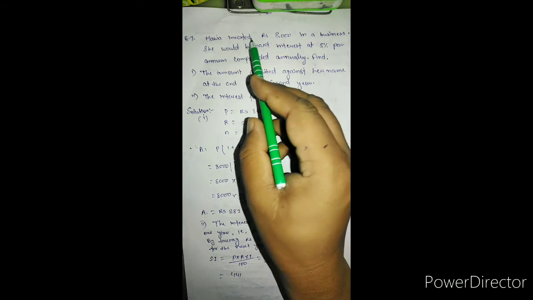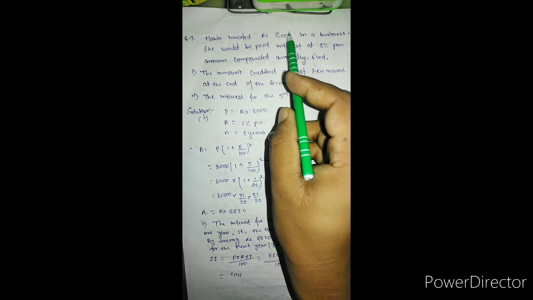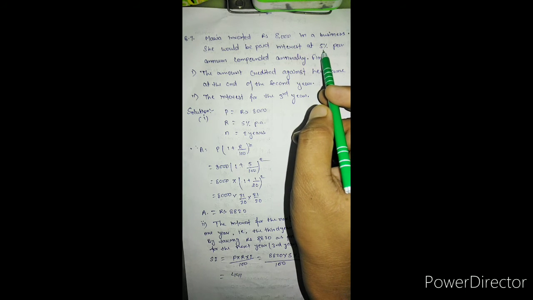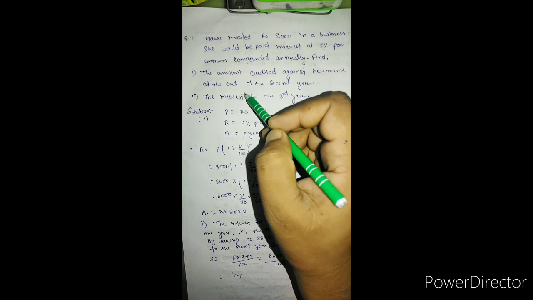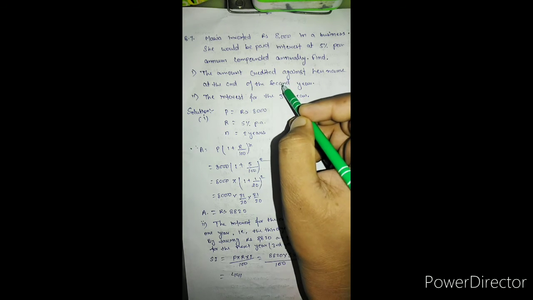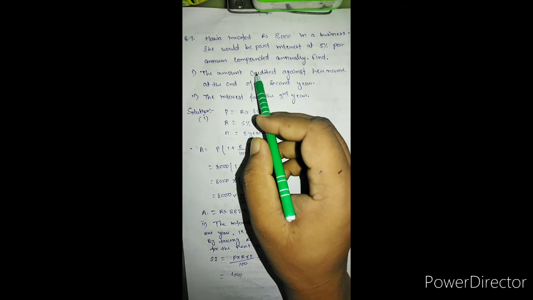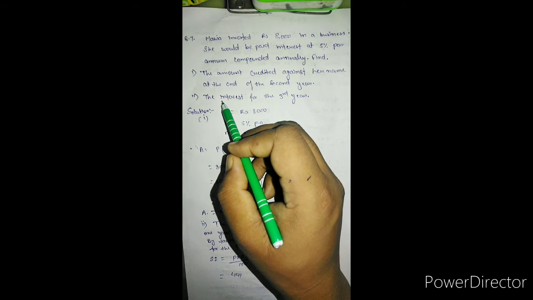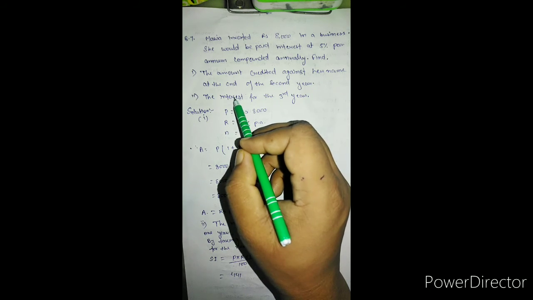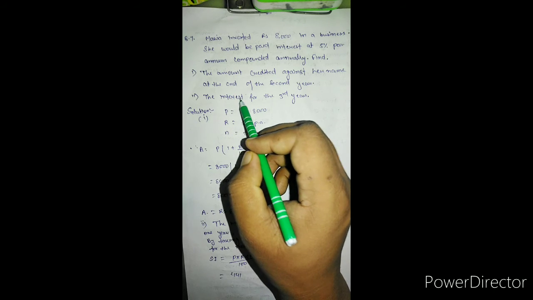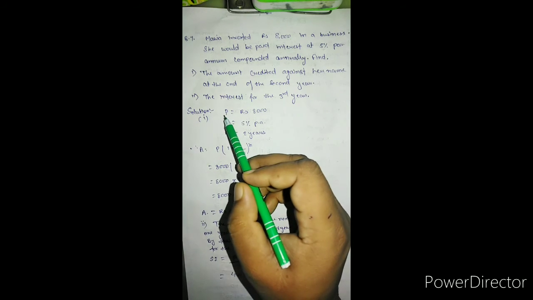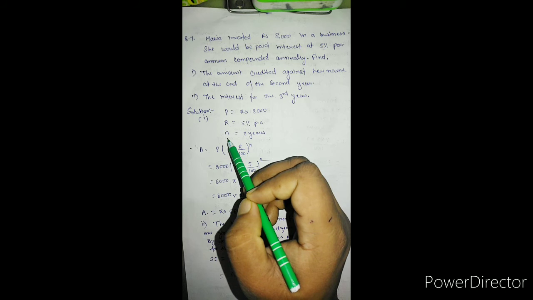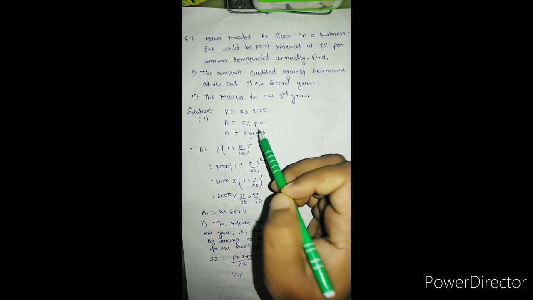Now look what is given here. The principal amount is given here, that is 8,000. Rate of interest is given 5%. And for time, two conditions are given. We have to find out the amount for the second year, means for the 2 years, and then after that we have to find out the interest only, not compound amount, only interest for the third year. So P is equal to 8,000, R is given 5% per annum, and n is equal to here 2 years for the first one.